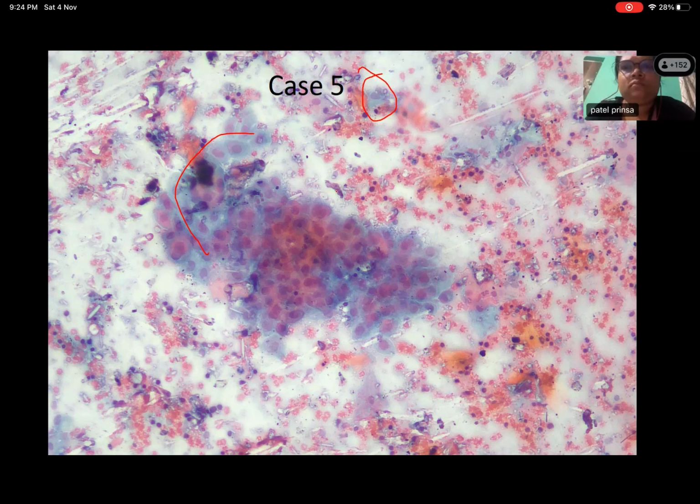Like, ovarian production of the hormones will be decreased. And by definition, what is atrophy? Atrophy means decrease in the size of an organ or a tissue due to decreased number of cells. Here, the number of cells is decreased because there is no further proliferation of the squamous epithelium. There is no further maturation.